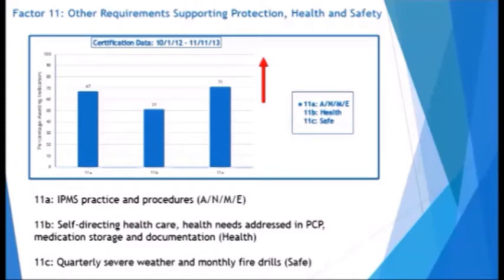Looking a little more closely at factor 11, we notice that indicator A refers to the IPMS practice and procedures, and factor care help needs addressed in a person-centered plan, including age and gender-specific and preventive screening, medication storage, and documentation. And indicator 11C refers to